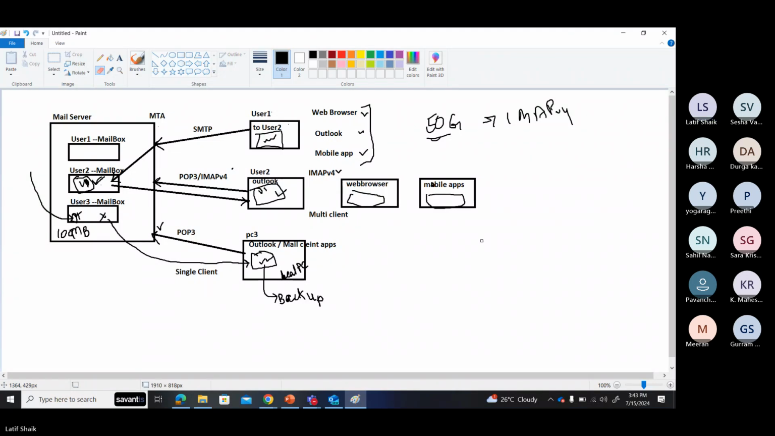So which is the better one? See, it depends upon the organization, guys. If your organization wants to go for a lesser cost, because storage is costly, they will reduce the mailbox size per user. So obviously you must use Outlook. But if you use Outlook with the POP3 protocol, the mails are stored in your local PC,